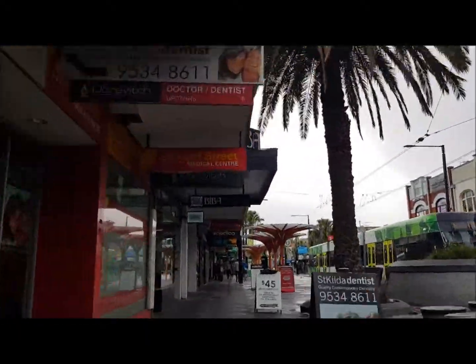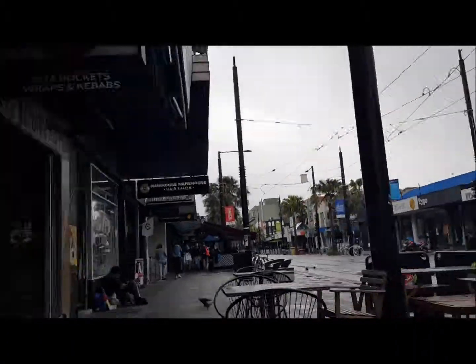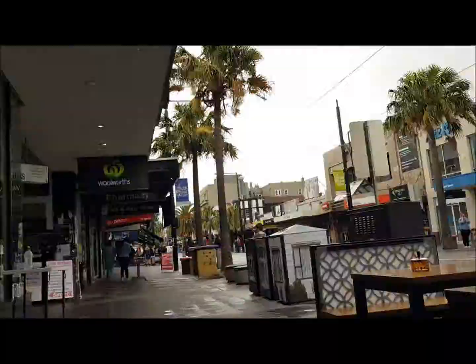Hello and welcome to St Kilda. Standing before me right now is Acland Street, a social hub for many people. St Kilda is located just 6 kilometres away from Melbourne CBD, and it has a population of just over 26,000 people. Many of these people would be around 34 years of age, and the people that live here make a median household income of